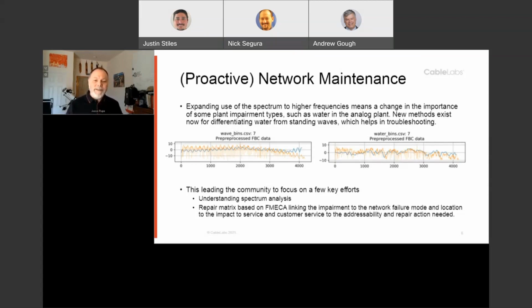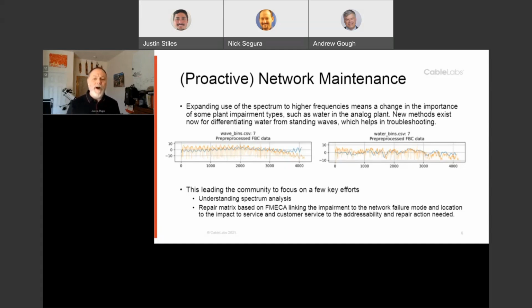So we're going to take this to the next step to understanding spectrum analysis. That's going to be an SCTE report coming out here shortly, probably early next year. And our next effort is really around failure modes, effects, and criticality analysis thinking, where we're going to look at the overall access system and build what we're calling a repair matrix,